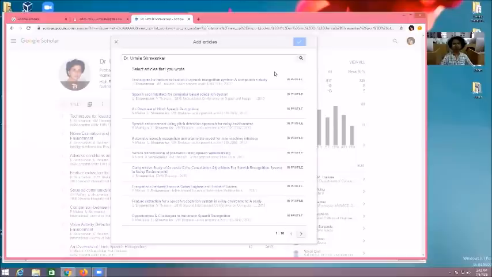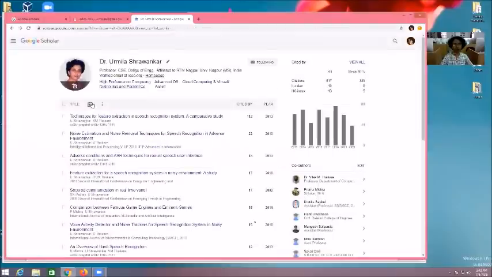That time you can say add that particular paper into your profile. So this option is only for searching whether your paper is in your profile or not. And one more option is there, add article manually. But if it is a Google Scholar profile, you should not add this article manually into your profile, because it is not indexed by Google, and because of that Google is not searching your article for your profile. So you can avoid that, but if you want to, you can do it. No problem at all.